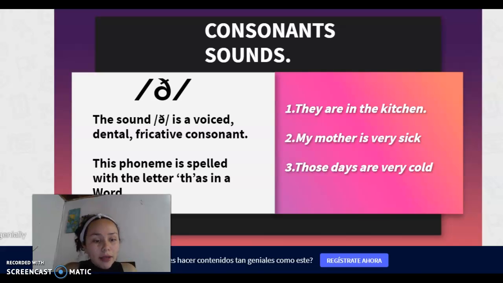Hi everyone, my name is Carolina Muñoz Vargas and today I'm going to explain a little about three consonant sound symbols. Well, the first is this,